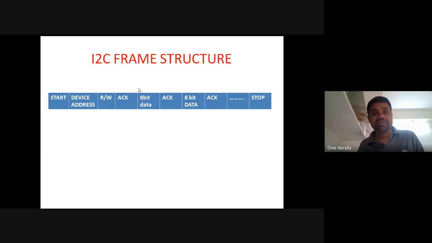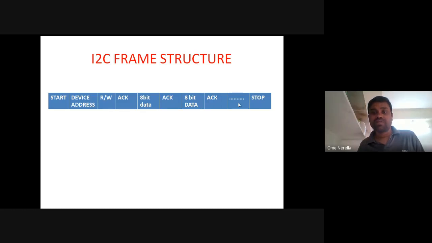Next, 8-bit data, D0, D1 up to D7, one by one. After that, an acknowledgement signal. For each 8 bits of data, it sends an acknowledgement to know whether the previous 8-bit data was successfully sent to the other device. If it was not sent, it will retransmit the data. After that again 8-bit data, then acknowledgement, and so on.